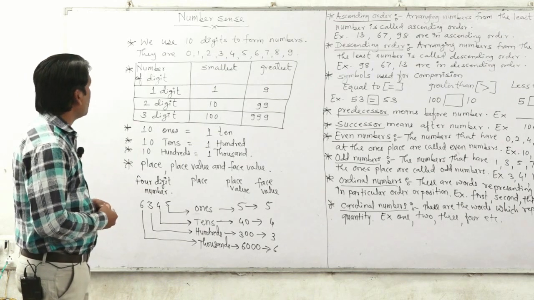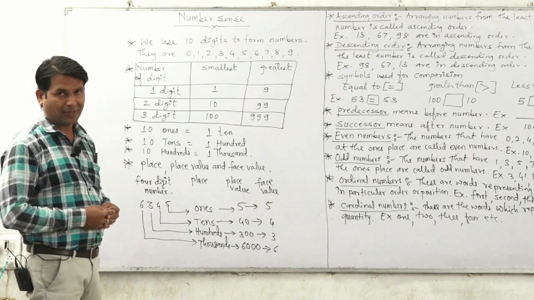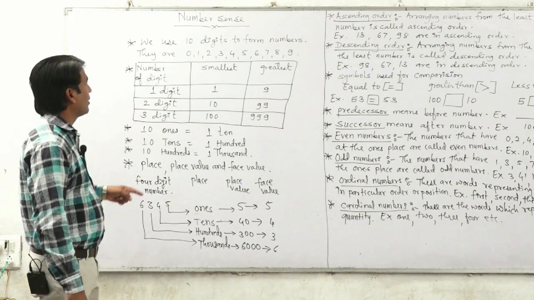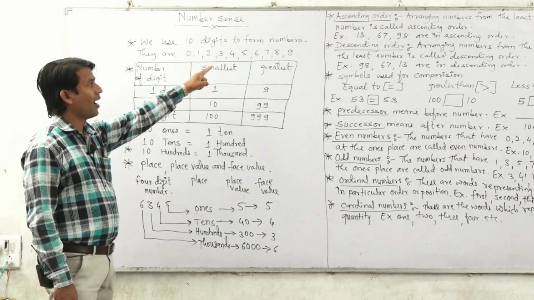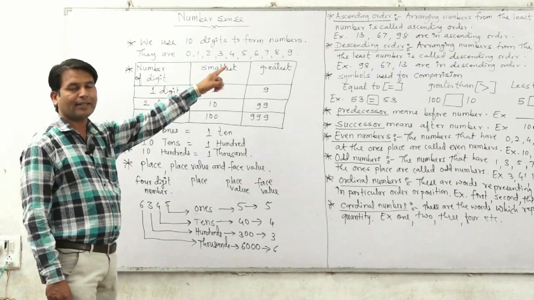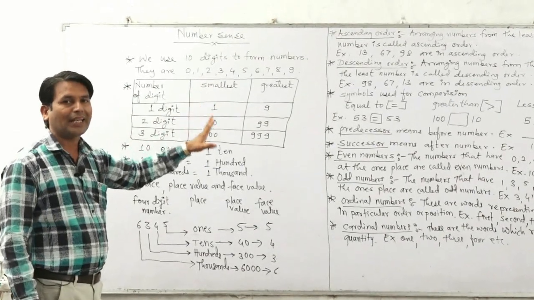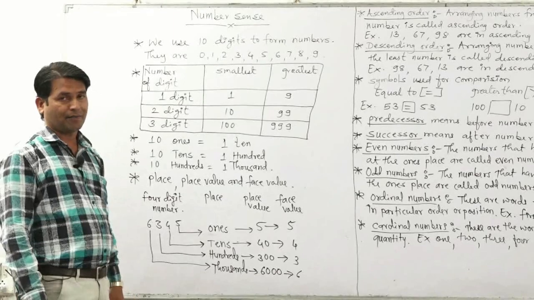Friends, as we know, we use 10 digits to form numbers, and these 10 digits are given here: 0, 1, 2, 3, 4, 5, 6, 7, 8 and 9. We use these 10 digits to form any number. Okay? After that, let us see here, friends,